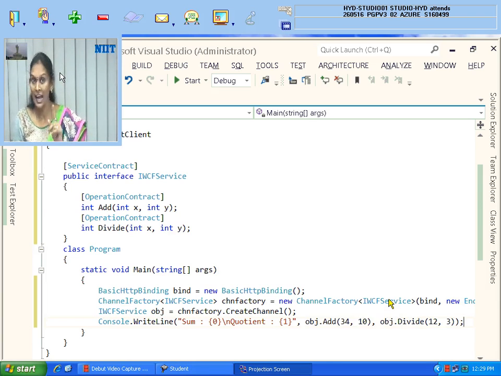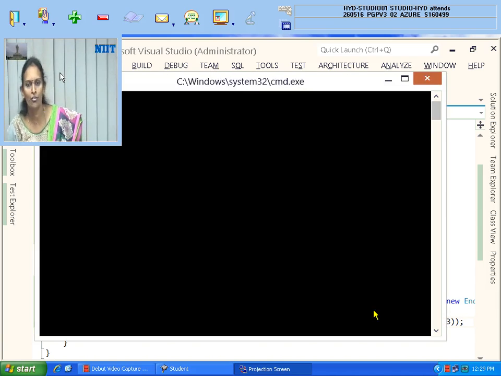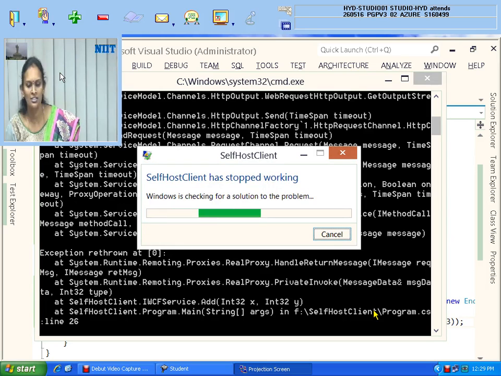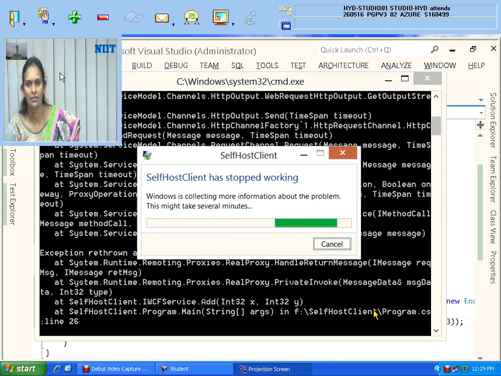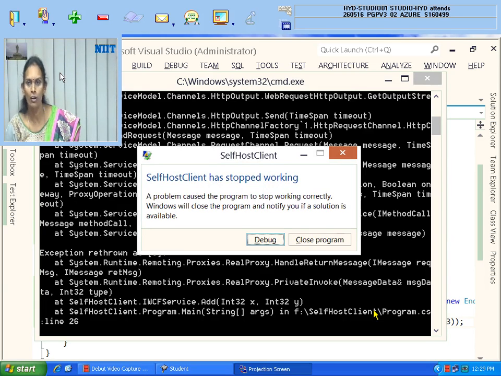But if I run the client application, it will give an error. Why? Anybody can tell, I am running the application, there is nothing wrong in this application, but still you will get an error. Can anybody tell me why this is the error? I am executing it for you. Please confirm, boys and girls, there is an error. See how very big an error you got. Why? I already gave you this clue. Channel opening like that is not there.